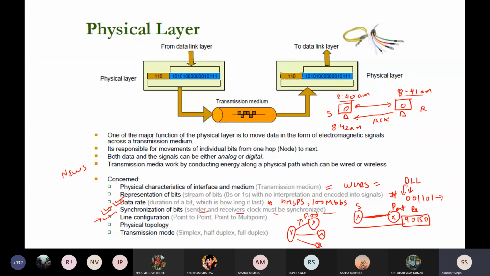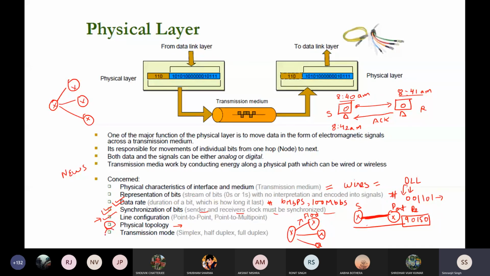So there will be a one to one transfer, a one to one line for transfer. For communication there will be only a one to one line, but if you want to send the message to multiple receivers, that will be one point to multiple points. That is your line configuration. It depends upon the topology that we set. I'll explain topology later, it's a different topic, don't worry about it.